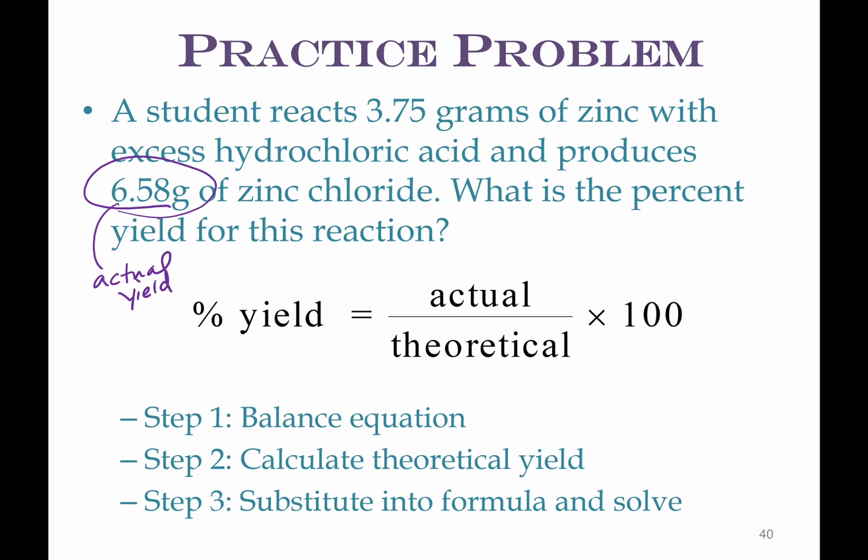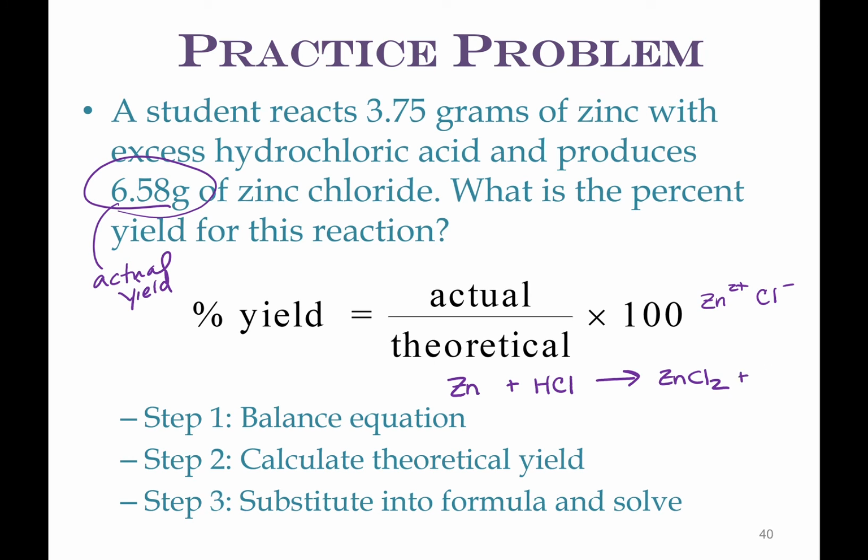So zinc reacts with hydrochloric acid to produce zinc chloride. Well, zinc is a 2 plus cation and chloride is a 1 minus anion. So what is the formula? Because remember, we have to get the formulas right before we can get the balanced equation. So that would be ZnCl2 plus,